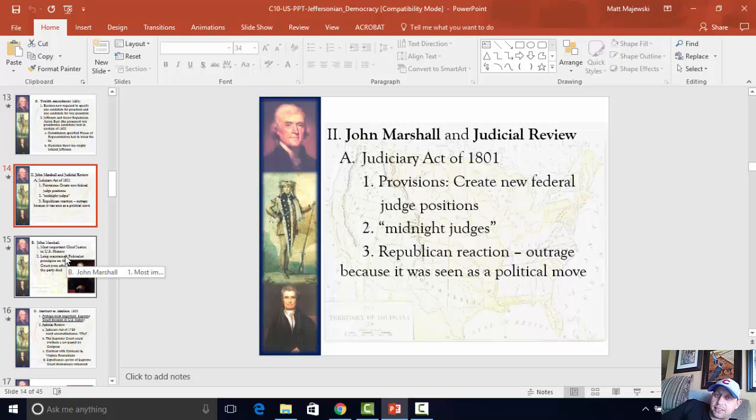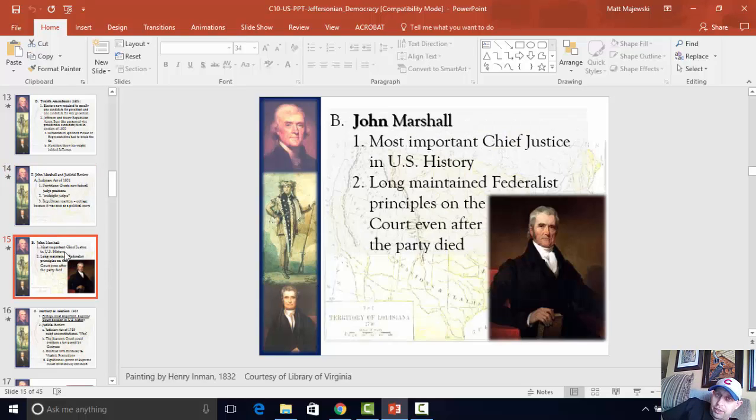All right, that's going to set things up for what is by many considered to be the most important case in American history. Because here's what's interesting about it. John Marshall, the Secretary of State, was appointed Chief Justice of the Supreme Court by, lo and behold, John Adams, right before Adams loses the White House, right before Adams steps down and is taken over by Jefferson.